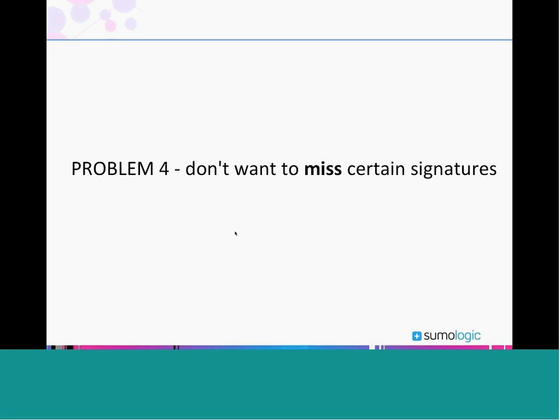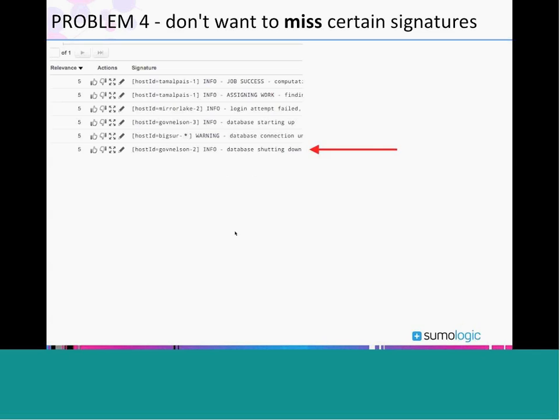So the idea here is that the Sumo Logic service should improve as you use it. As you use the service, it should tailor itself and personalize to how you're using it and what you find most useful and relevant. So there might be certain signatures, like the session killer one that I just showed you, or some kind of very critical error message that you never want to miss in the results. So in this example, let's say that perhaps I'm personally responsible for the database operations, and this log signature about databases shutting down is something that whenever I run Summarize, I really want that to be prominently featured.